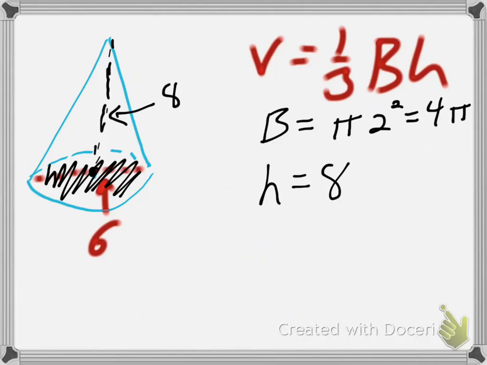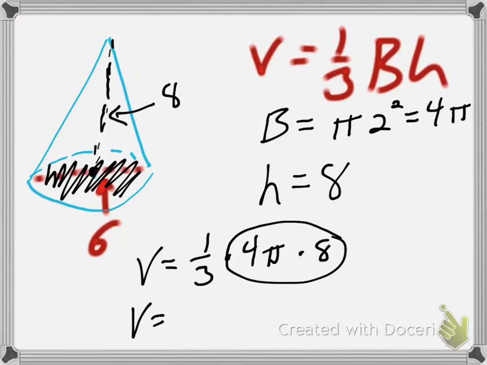Now I'm going to leave it like this because I don't really want to solve it out for pi yet until the very end. Because in some cases we can leave it in pi form. In some cases, though, we have to actually change it. We multiply it by 3.14. Alright, so let's go ahead and start. V equals 1/3 base, so 9 pi, times the height, 8. So now we're going to multiply. I'm going to multiply these two first. 1/3 times 9 times 8 is 24